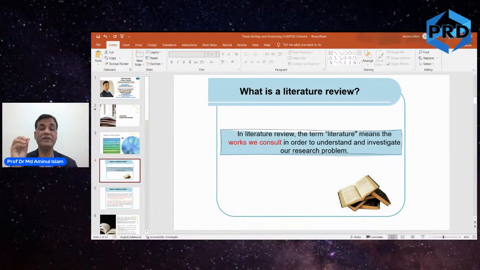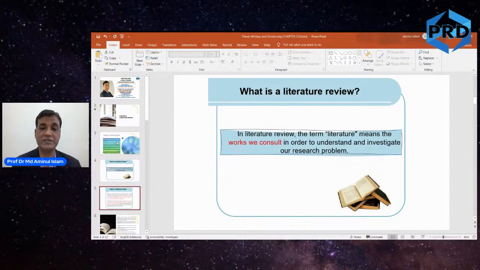Meaning, once we have a research problem in mind, we try to find research papers to understand how previous researchers explored research in that area. So we look at what kind of theory was used, what kind of methodology was used, what kind of findings they had, and what kind of difficulties they faced. That's the reason we look at the previous literature to review it. So we obtain literature and then we review it critically, and we extract exactly what we need to support our research.